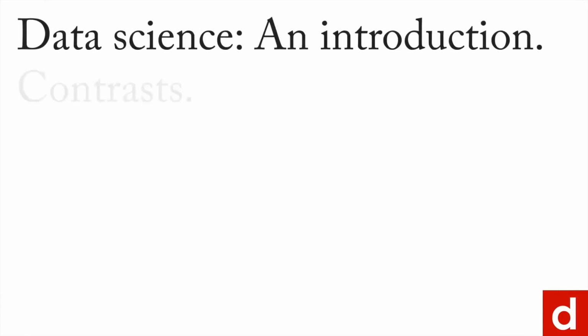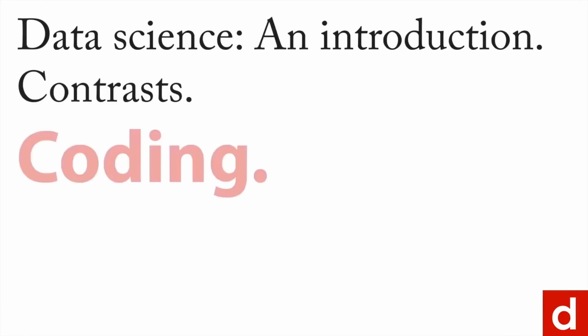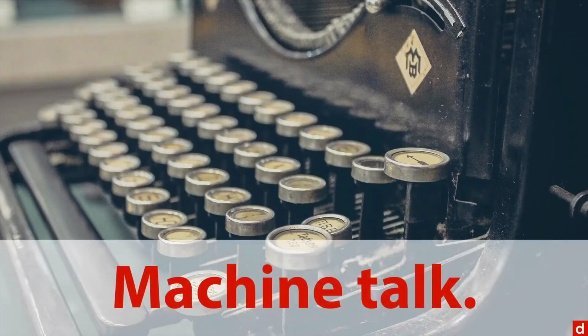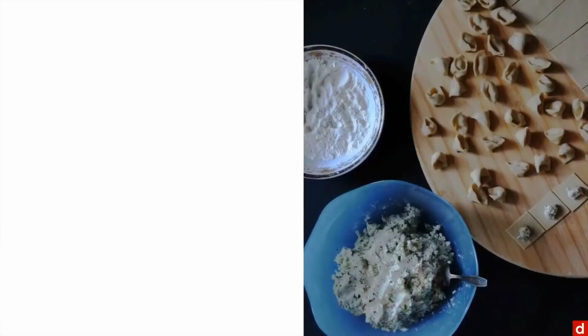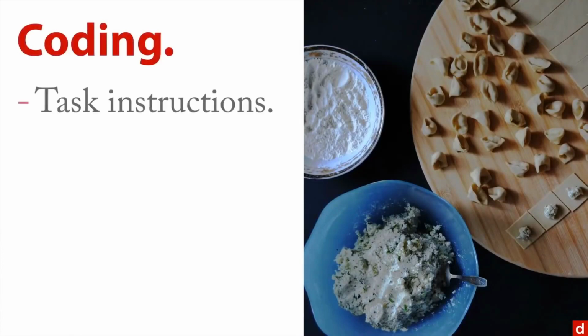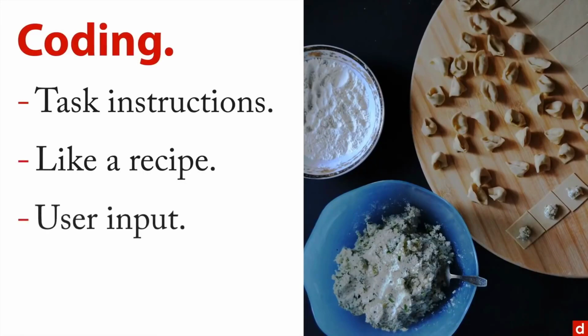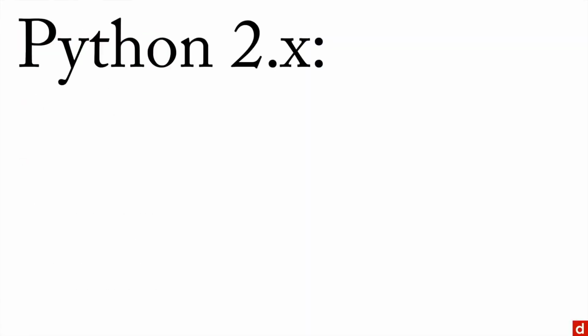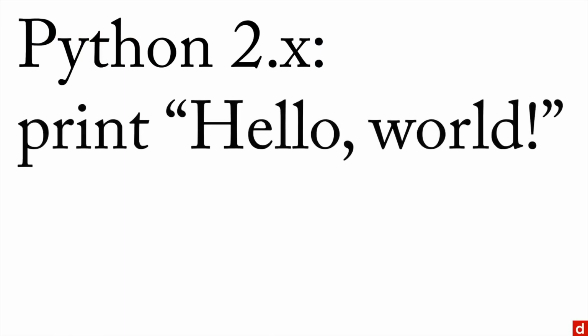Another important contrast you can make in trying to understand data science is to compare it with coding or computer programming. Now, this is where you're trying to work with a machine and you're trying to talk to that machine to get it to do things. In one sense, you can think of coding as just giving task instructions, how to do something, and it's a lot like a recipe when you're cooking. You get some sort of user input or other input, and then maybe you have if-then logic and you get output from it. To take an extremely simple example, if you're programming in Python version 2, you write print and then in quotes, hello world, and that will put the words hello world on the screen. So you gave it some instructions and it gave you some output. Very simple programming.